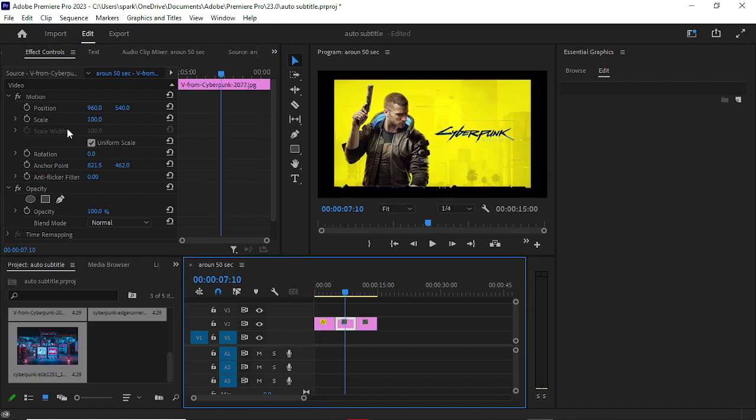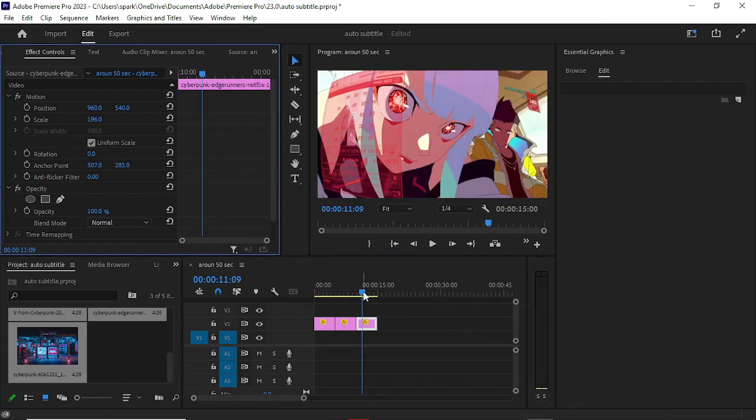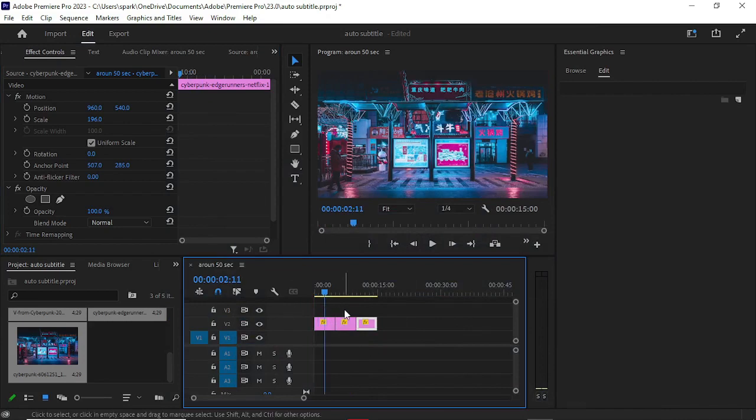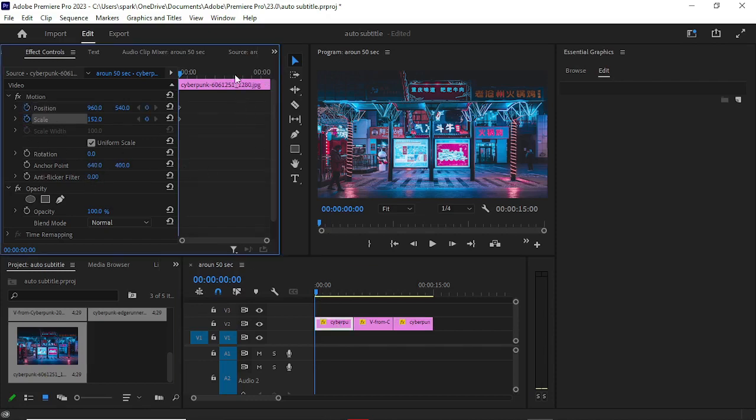For this image, I have to adjust it a little bit. As you can see, we have these three images here going on. Let's say we want to animate this image. First we want to zoom in like so. Now we want to add keyframes on position and scale, and then go to the end of the clip,